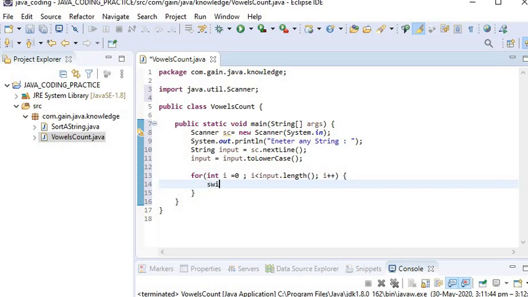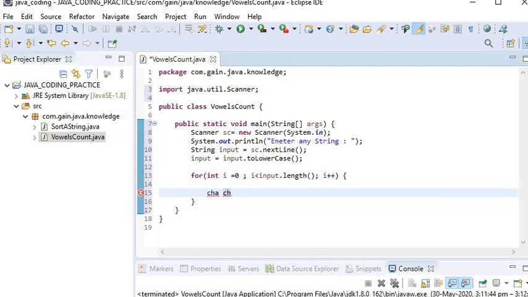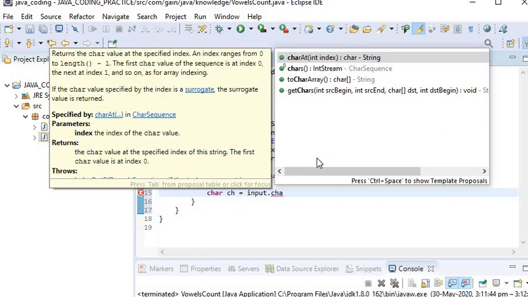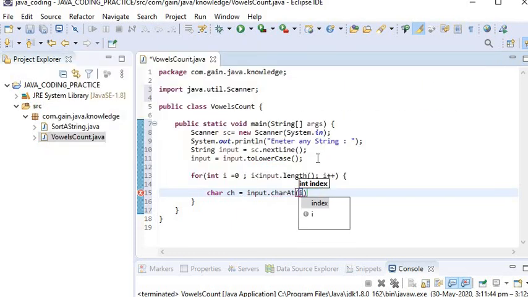Here I will use switch, but first I need to get the character value. So I will use the charAt method to get the character from this input string, input.charAt(i). So it will iterate each character one by one.